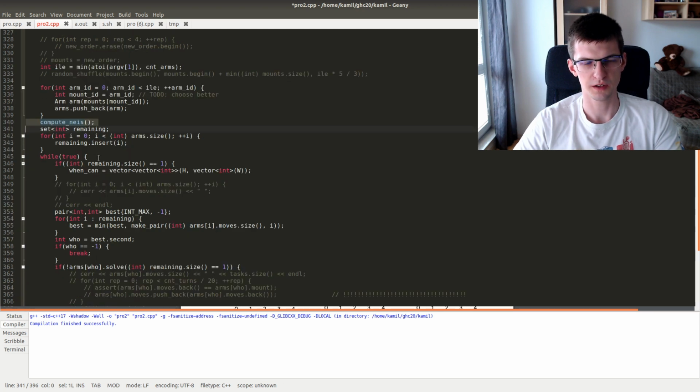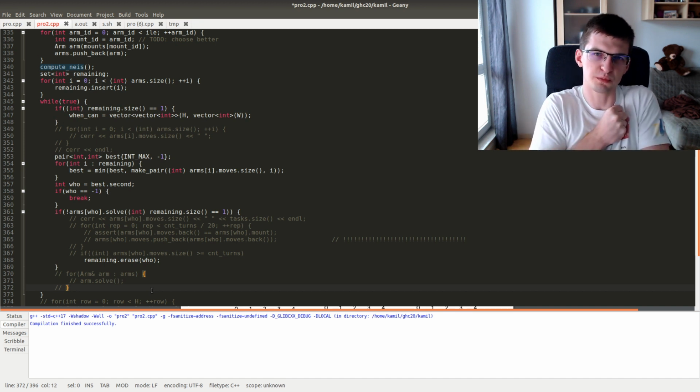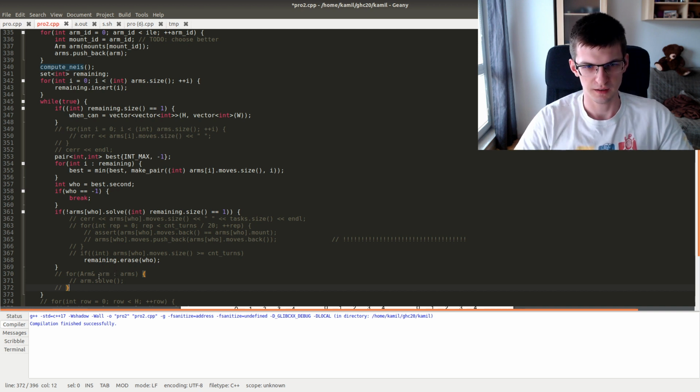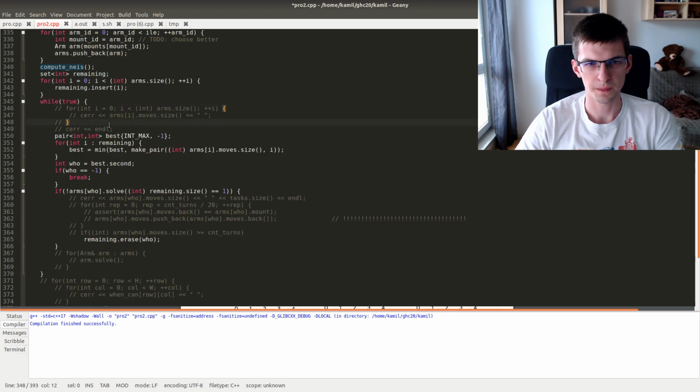Compute neighbors. This main part is supposed to do this. While true, find an arm that is available first, that will be free, like doing nothing first, and assign some task to it. While true. No, don't do this, this is some debug. Find the best arm, the one that minimizes the size of moves, the number of moves already done, so the current turn. If not found, then break. Otherwise,